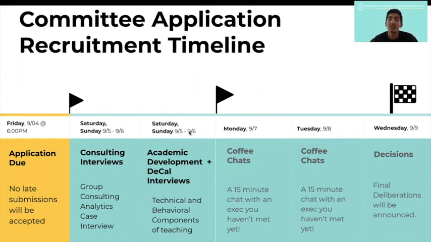Soon after that, you guys will know whether or not you've been accepted for first round interviews, which are more technical in nature. Those will be over Saturday and Sunday. Then there will be coffee chats on Monday and Tuesday of the following week, and then decisions will come out on Wednesday for committee applications.